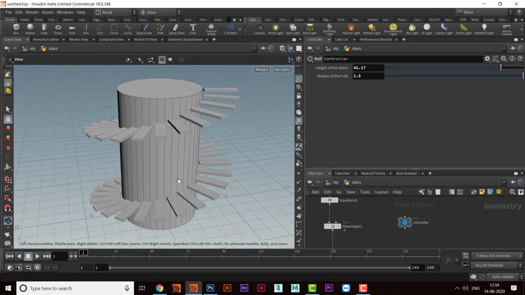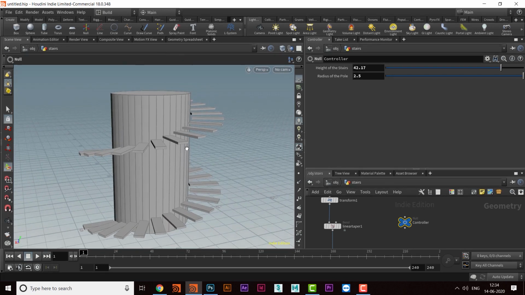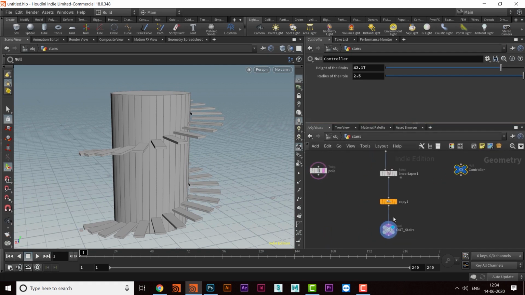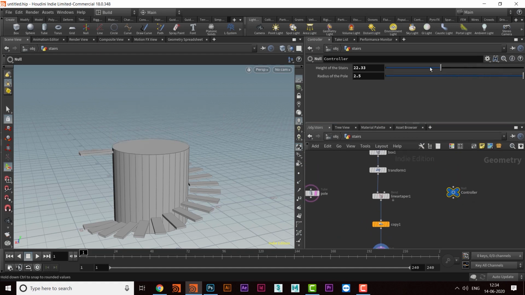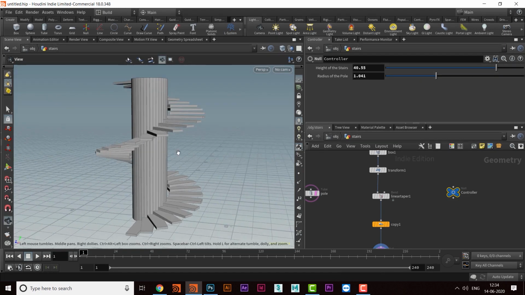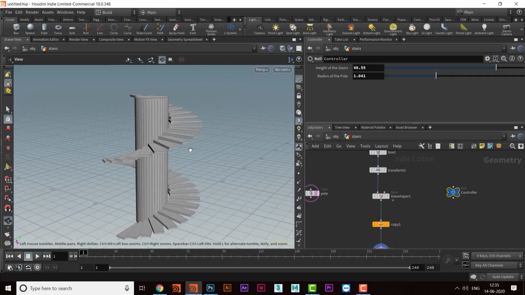If we want to create more complex stairs, there are many better ways of doing this, maybe with some other nodes, but this particular example was based on copy and transform. So here it is. From my side in this video, that's all. So this was copy and transform. Thank you very much.